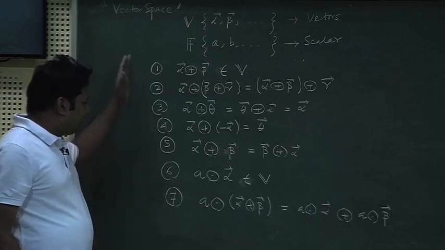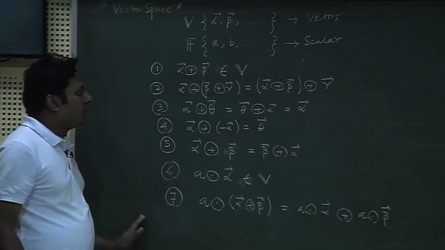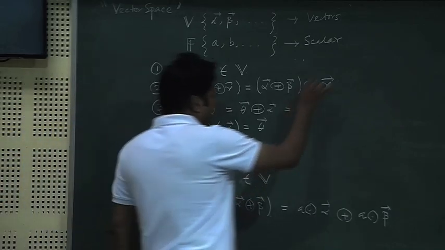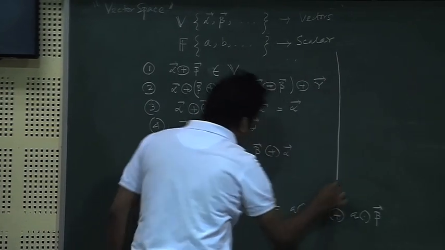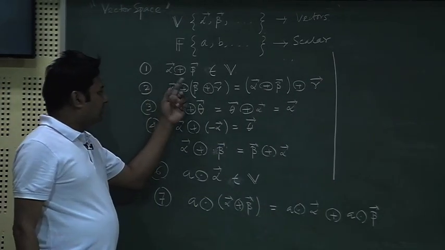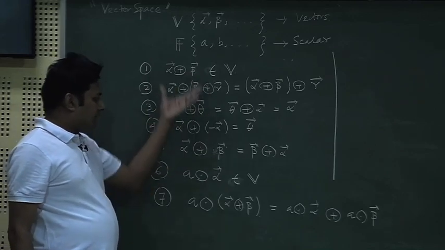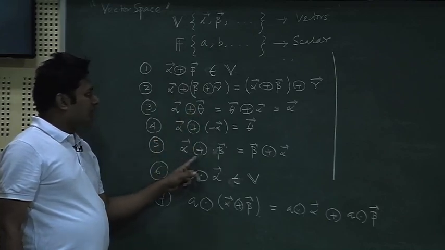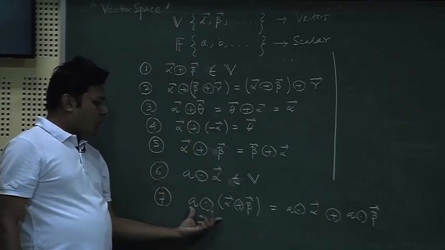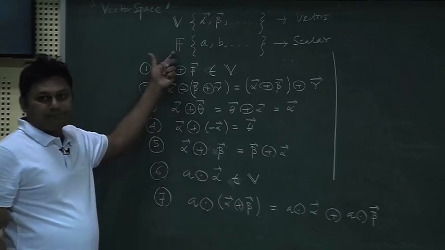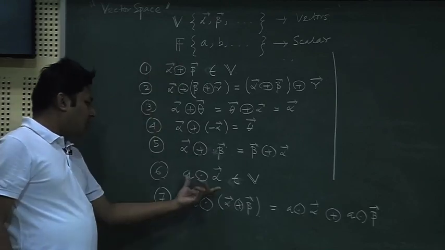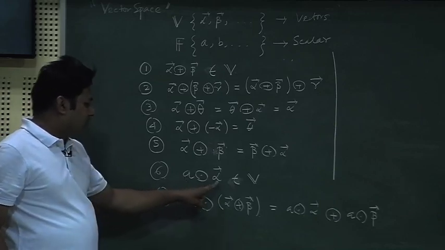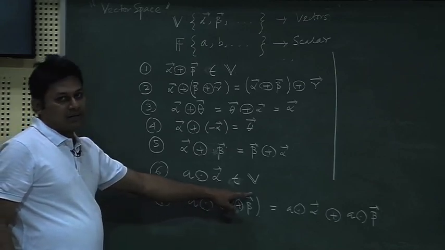Now if these few features are followed, then we can safely say, and this is a very important statement I am going to make, you can check that this plus, under plus, all these things are forming a group. So the vector set itself is forming a group with this plus operation, and also some distributive laws are associated with this field which we call the scalar. Not only that, when I associate one quantity from the field with another quantity, a vector, the resulting thing becomes a vector, which seems to be quite